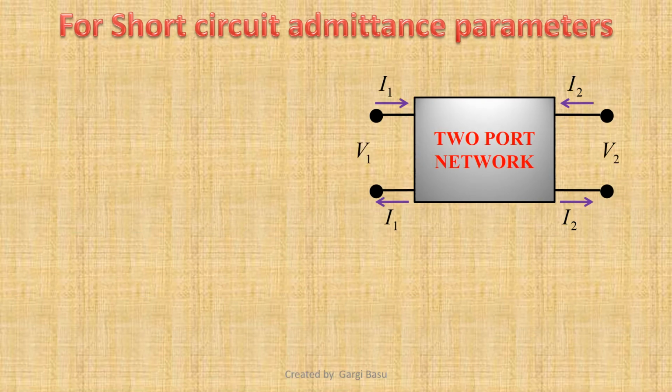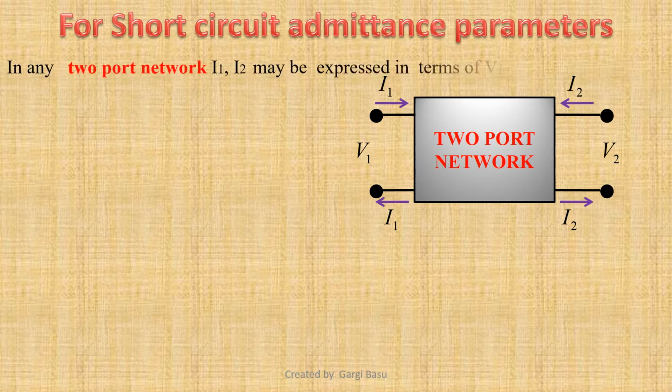Now let us derive the condition for reciprocity for short circuit admittance parameters, or simply called Y parameters. When we describe a two-port network using Y parameters, we express the port currents I1 and I2 in terms of port voltages V1 and V2. The linear equations used in this case are I1 equals Y11 V1 plus Y12 V2 and I2 equals Y21 V1 plus